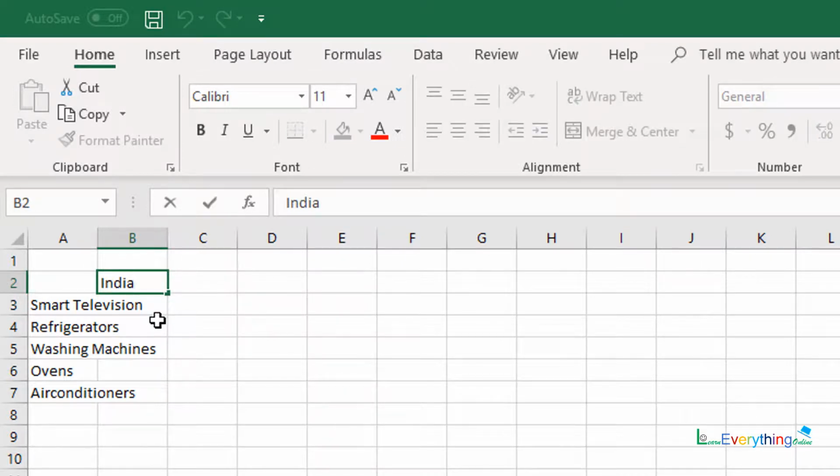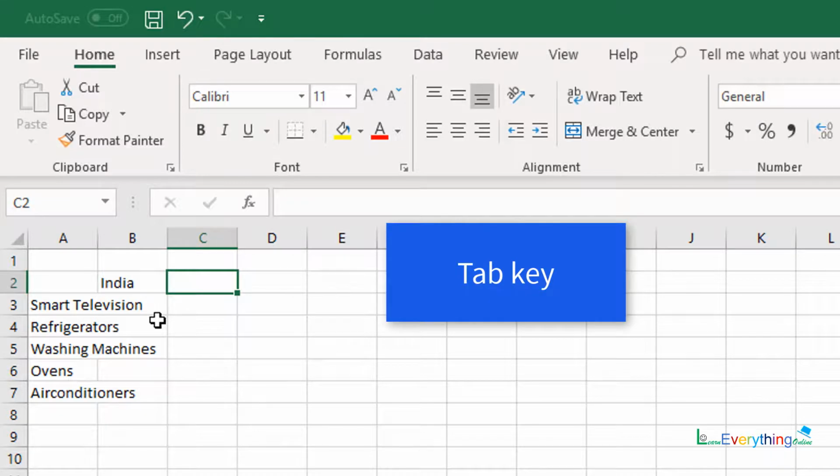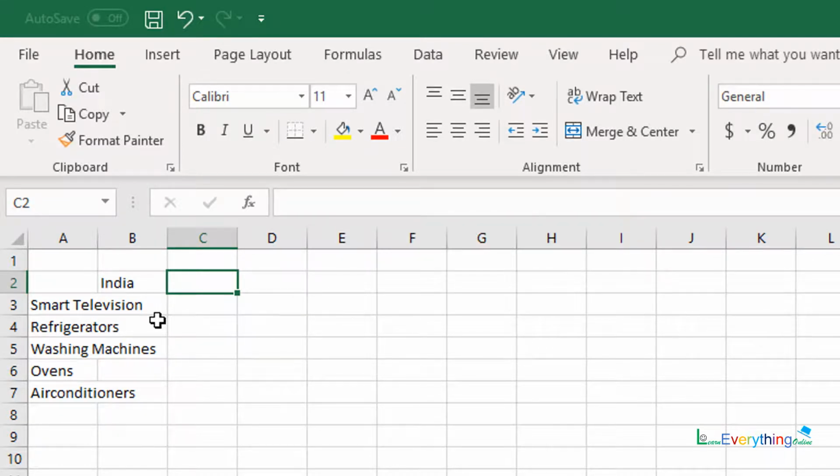Consider if I completed typing India and I hit the tab key, control will automatically go to cell C2, also completing the entry of the previous cell B2. It means as we hit the enter key after any entry, that entry gets completed and control comes down to the cell below in the next row. Similarly, if we hit the tab key after any entry, that entry gets completed and control goes to the next cell in the next column.